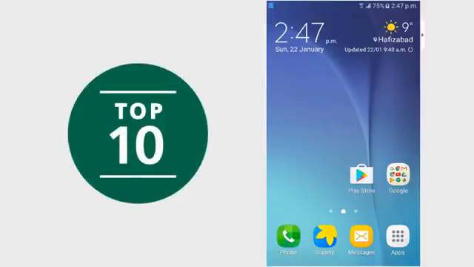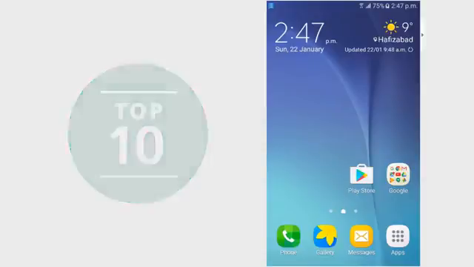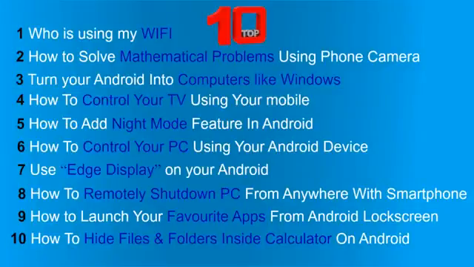In this video I am going to show you top 10 Android hacks you can do without rooting your phone. Using all the cool hacks you can fully customize your Android device according to your wish and also use some very cool things with your Android device. So have a look at these hacks for non-rooted Android. So now without wasting time, let's get started.